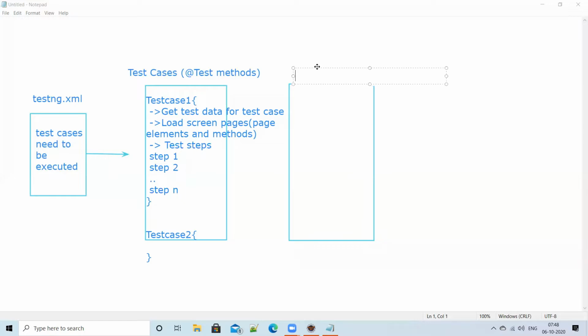What is this? Base test. In other words, what you have in base test, right? So when execution started, what needs to happen, you have all those steps here.